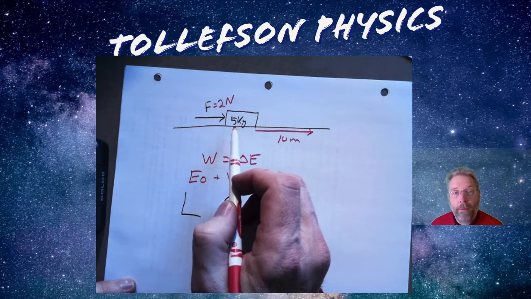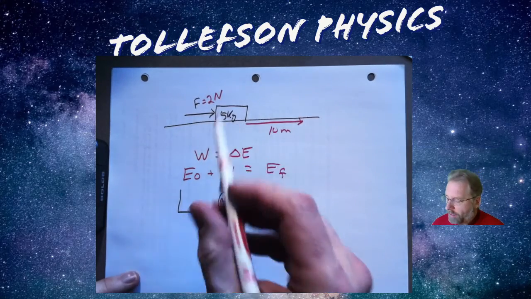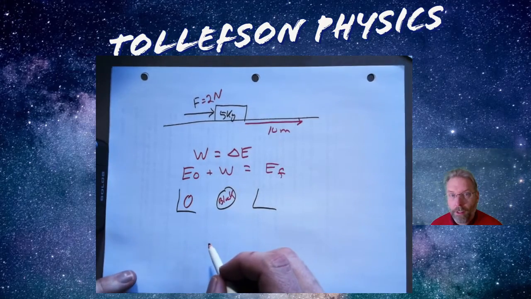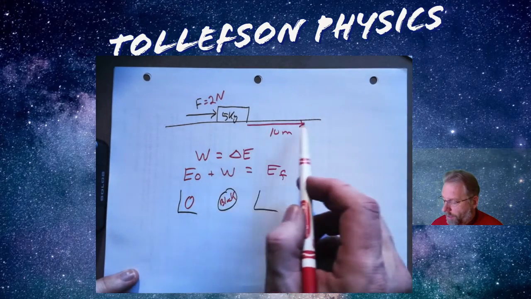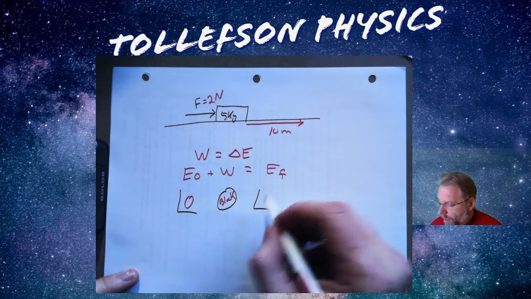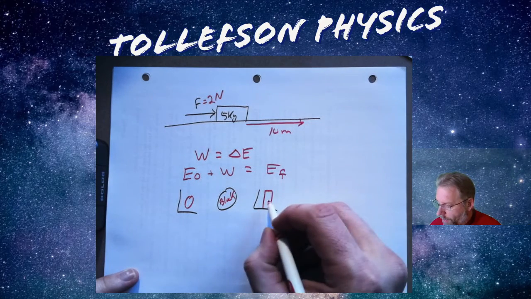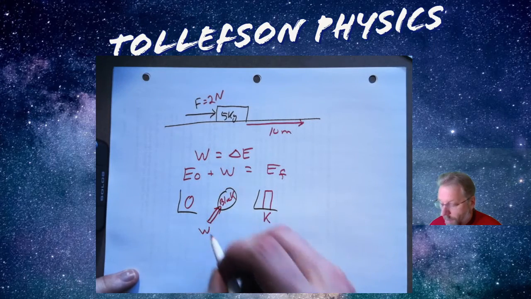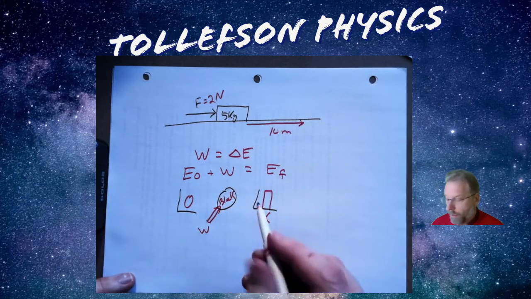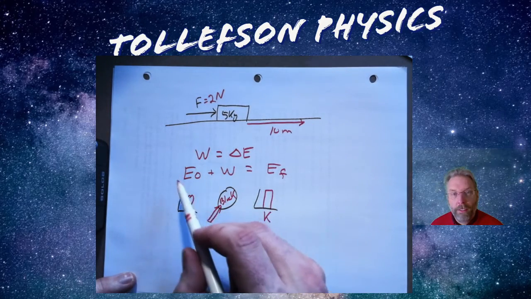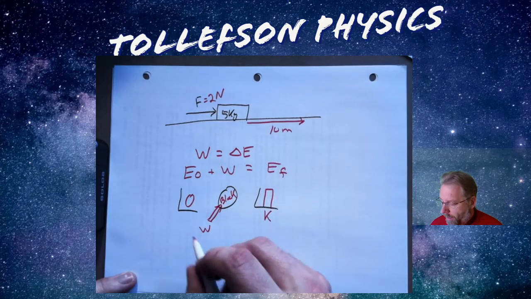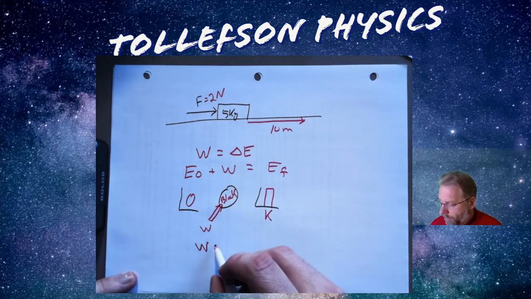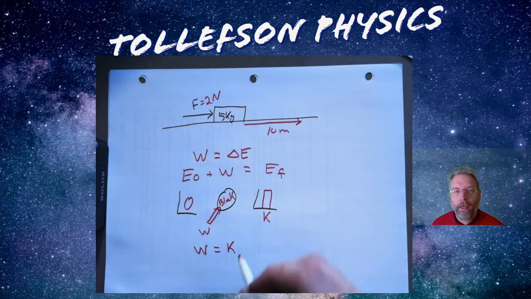If this thing's not moving to start with, which let's go there, it's not moving, it's not changing height, it has no spring, so there's no initial energy. Well, what about the final energy? What's the energy going to be at the end of this process? Well, it's going to be moving because I'm pushing it with a certain force. So I will have kinetic energy, and the only way that's going to happen is I'm doing work on the system. So when I think about my conservation of energy equation, I'm going to have no initial energy because there's nothing going on. I'm going to add work, and that will equal the kinetic energy.